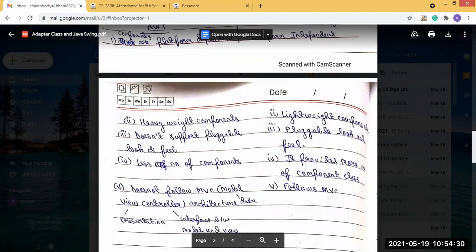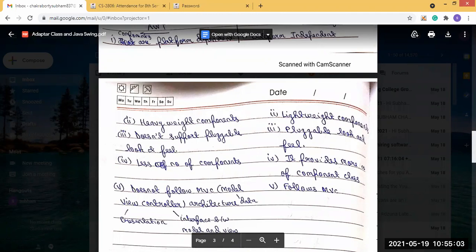Now the final difference between AWT and Java Swing is that Java AWT doesn't follow the MVC model. Now what is MVC? MVC means model view controller architecture. Model means the data, and view means the presentation.